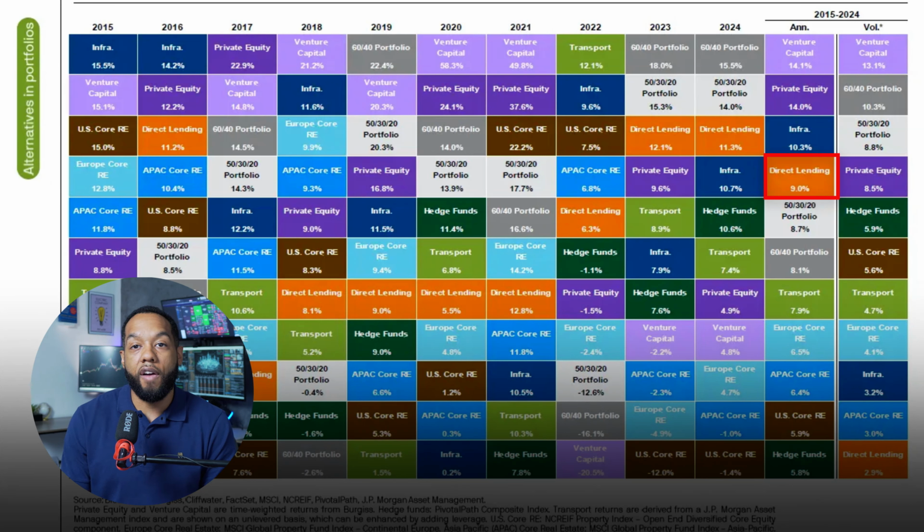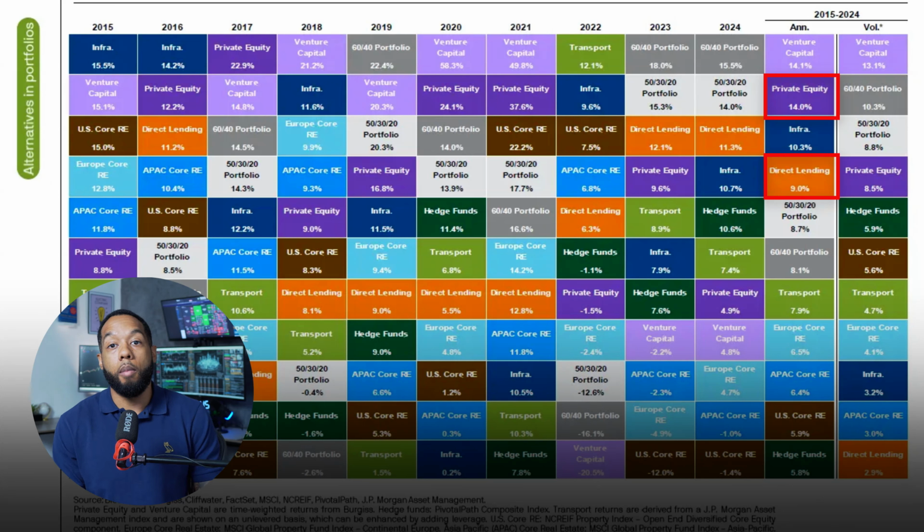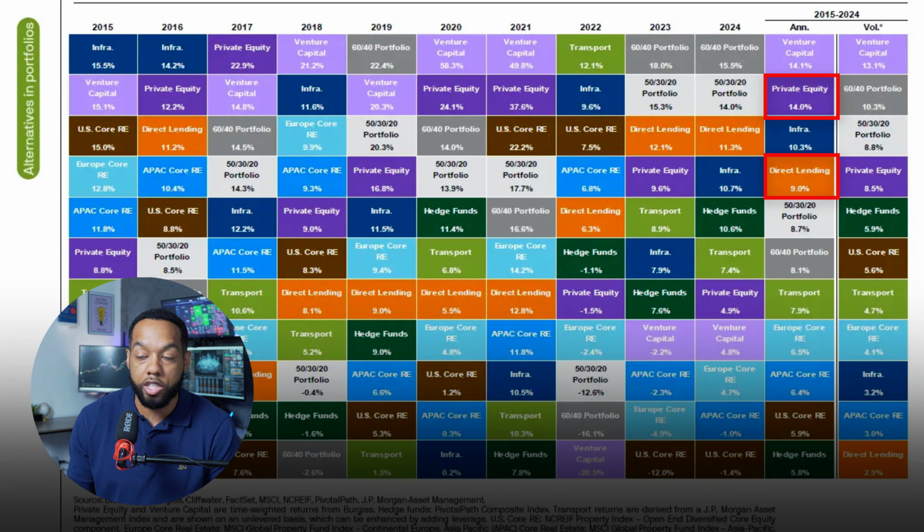Next, we can identify maybe some bespoke strategies. GP stakes is one of these bespoke strategies. If you're not familiar with GP stakes, I'm going to link a write-up in the description that goes over GP stakes and how this investment strategy is used from Blue Owl Capital. I do not endorse Blue Owl Capital. It's purely for information, educational purposes only, but this will give you an idea of how this strategy works and